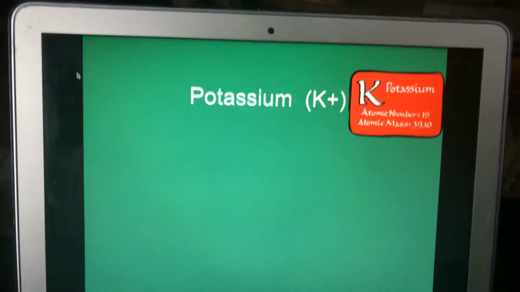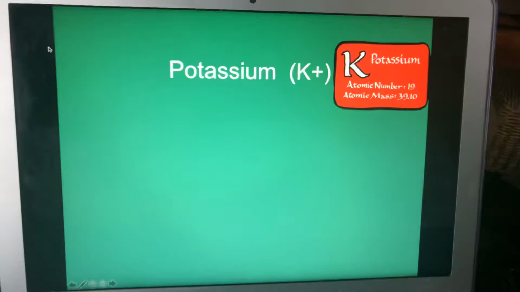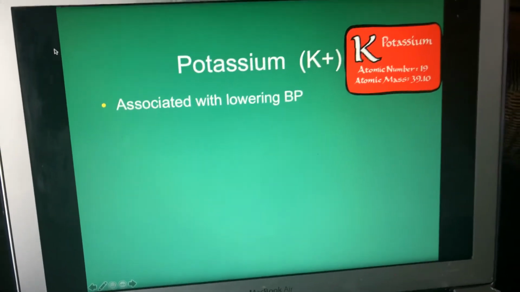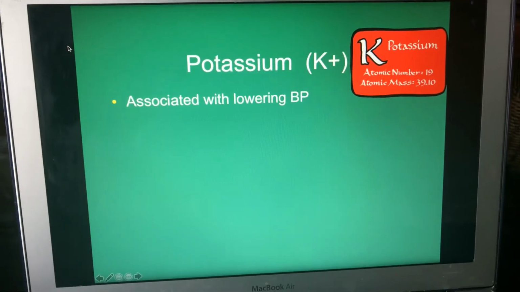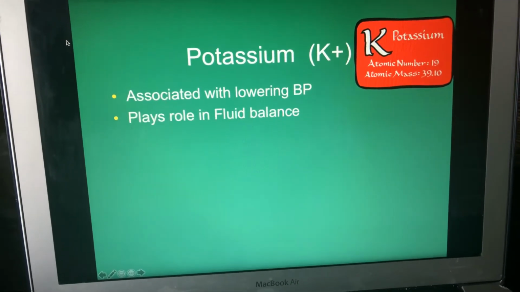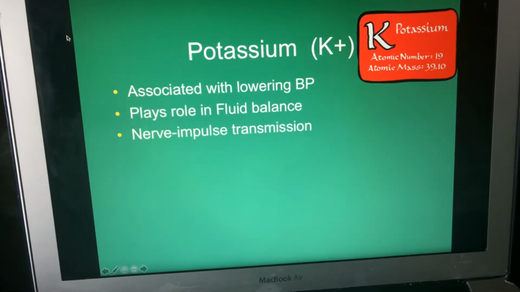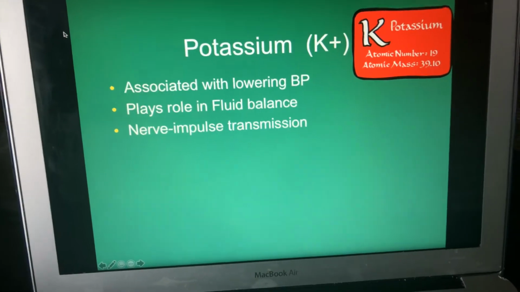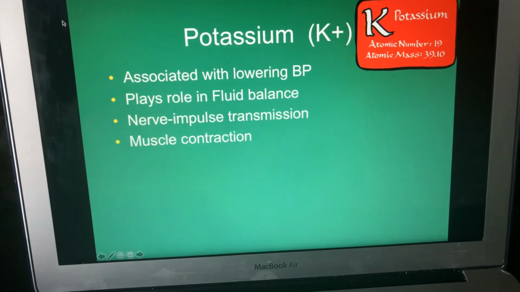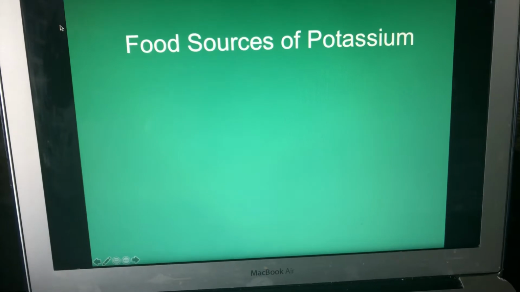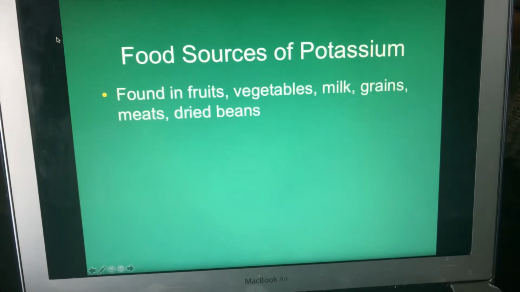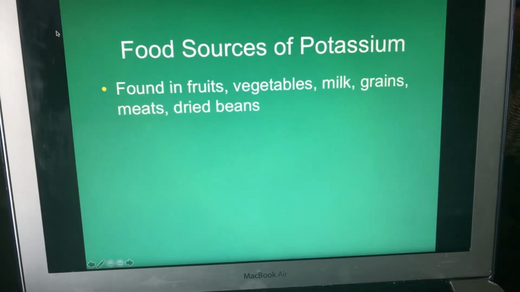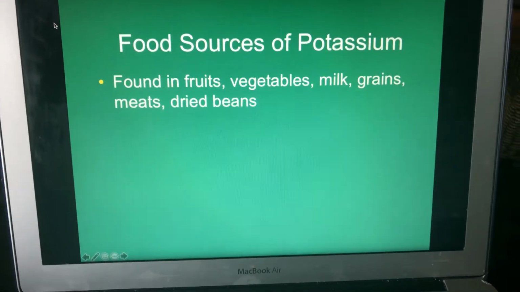So in this clip, I'm going to talk about potassium and calcium. So potassium, like I mentioned before, is associated with lowering blood pressure, and it also plays a role in fluid balance, although when I think of fluid balance, I usually think of sodium. Very important for nerve impulse transmission, and also plays a role in muscle contraction. So the food sources: fruits, vegetables, milk, grains, meats, and dried beans. Fruits and vegetables are the primary sources,